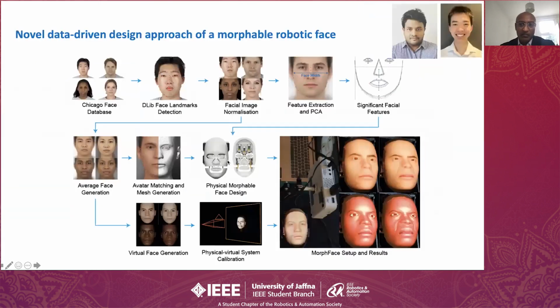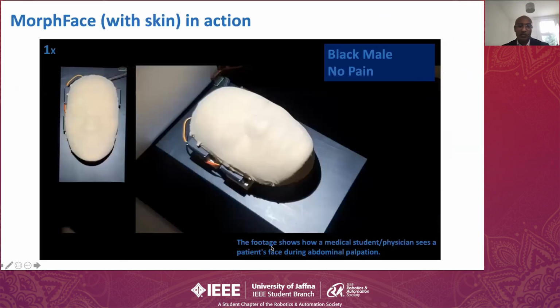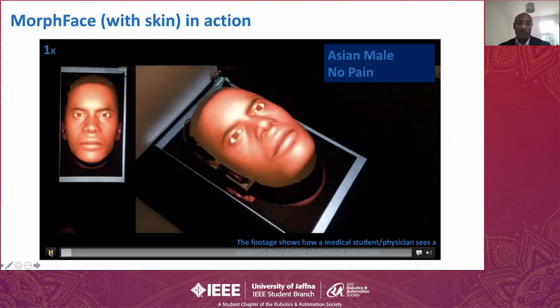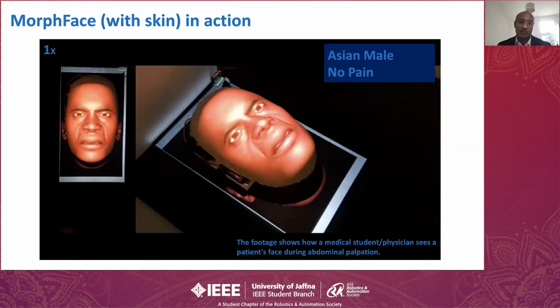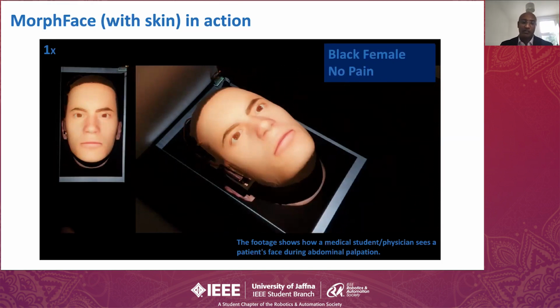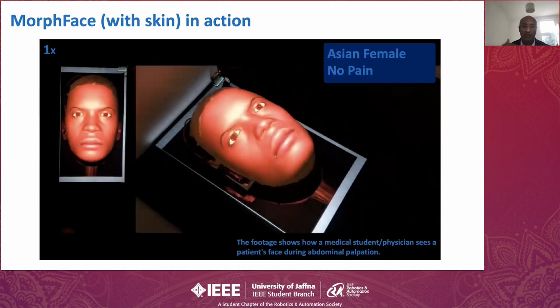In another project, Thelina and Jacob were working on expressing pain from a robotic face. When you examine the abdomen of a patient, can we show the pain in the robot from various ethnic backgrounds? So a black male versus a black female, or a white male, white female. The same robot changing from one ethnicity to another, rather than having multiple robots like a white robot versus a black robot. So the same robot can go from a black female to a white male, white female.